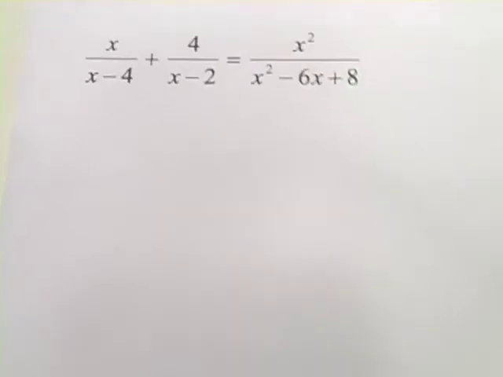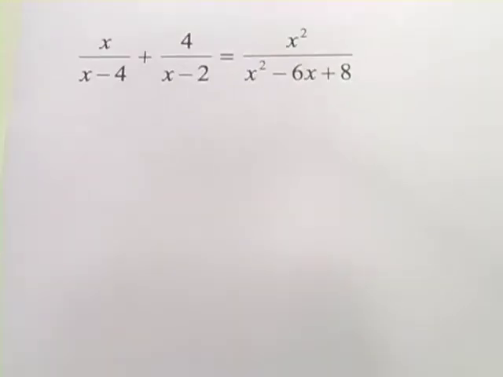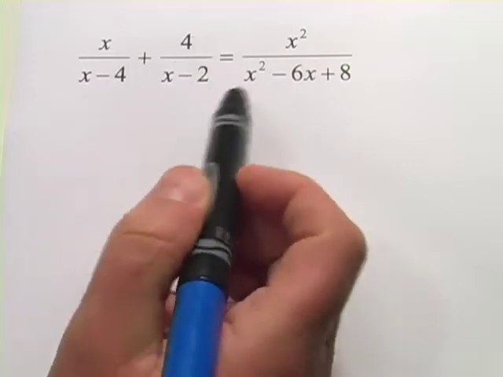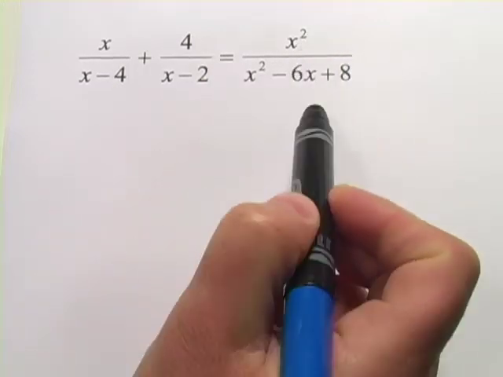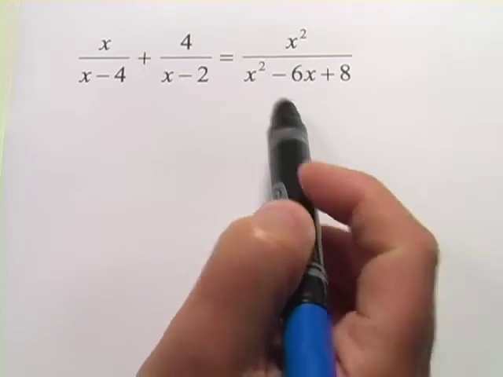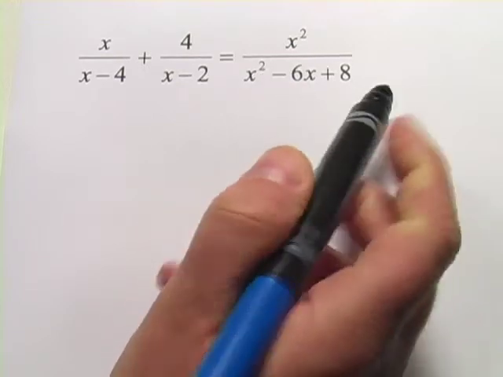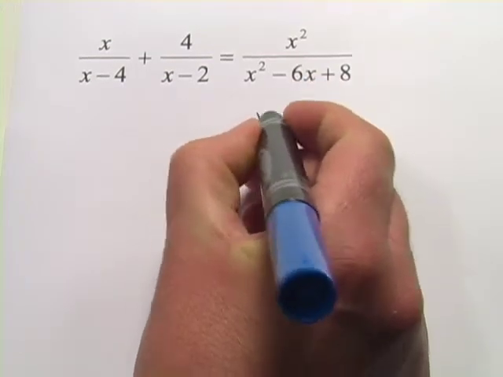All right, let's look at one more. This one looks pretty complicated to start with. We've got x over x minus 4 plus 4 over x minus 2 equals this whole big thing, x squared over x squared minus 6x plus 8. And what I would suggest you do is start by factoring this quadratic over here. When you do that, you get x minus 4,